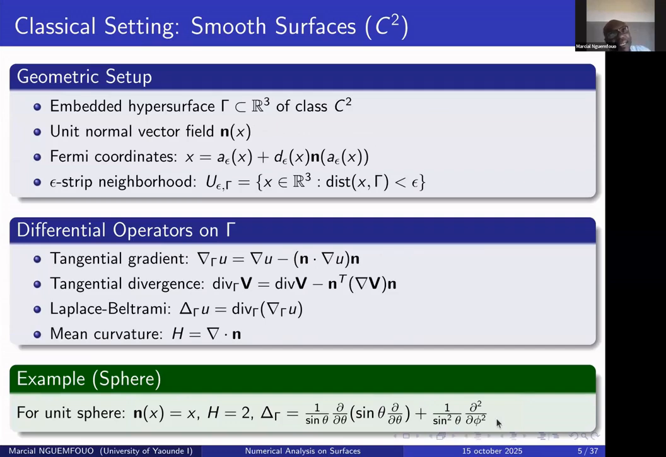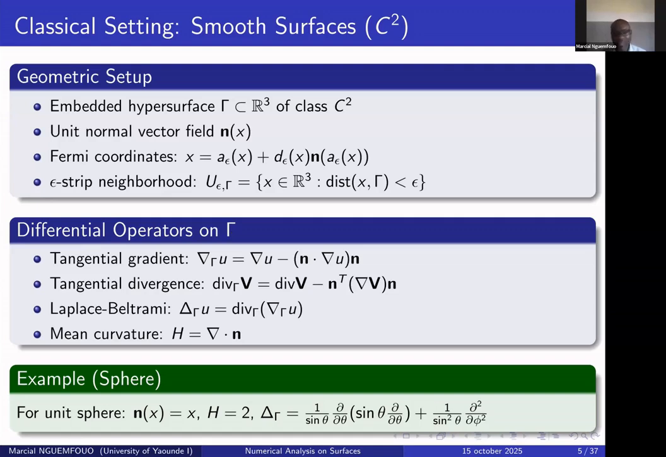Classical setting. This theory started by Dziuk in 1988 on C2 surface. Dziuk used some kind of coordinate, Fermi coordinate, that need the surface to be C2. After that, they define the operator of gamma. Since to solve the Poisson problem, we need the Laplace